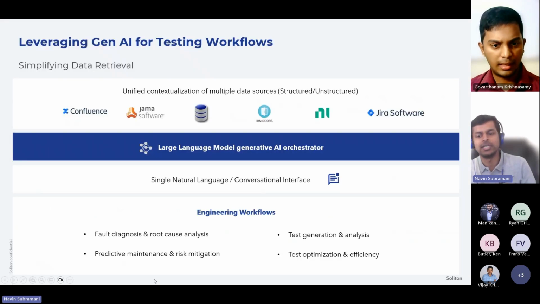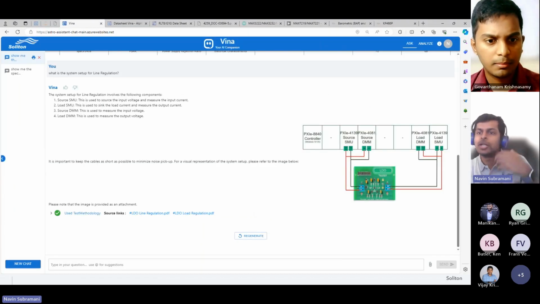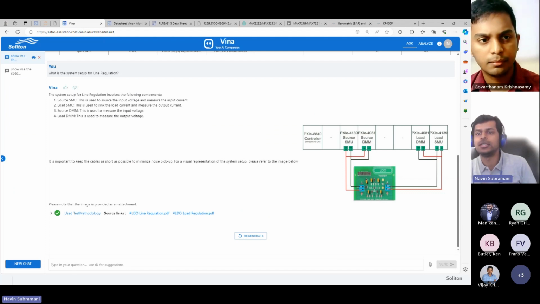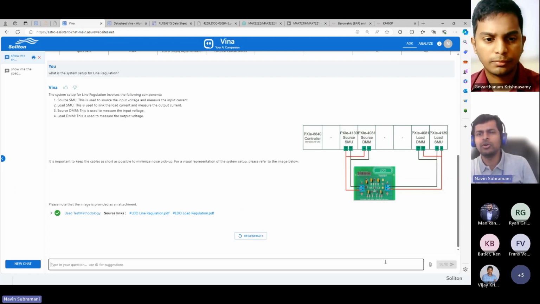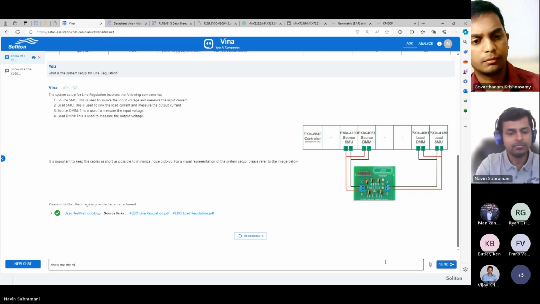If I go to my slides, exactly. Before I get into a test measurement, what are the things that you wanted to do? Exactly. Now let's say I made the measurement, I ran an instrument studio and collected the data, and the data is sitting in my database. Now I need to quickly know what the performance is. I need to see some plots to see the characteristics, right? So I can also ask, show me the measurement data